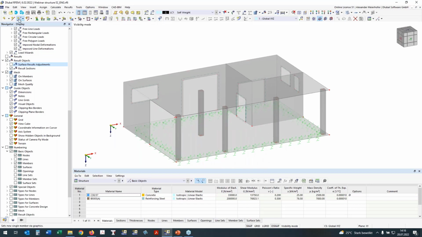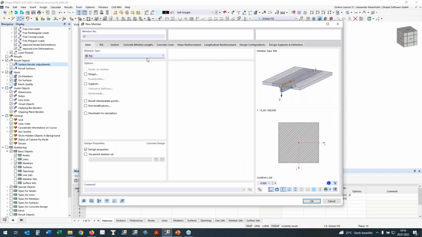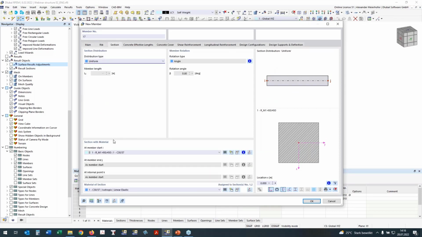By using new member, I can define now section rib by selection of the section number 2, which should be used for the web. The web should be 500 millimeter high. I can define now